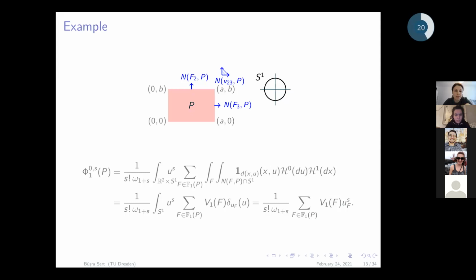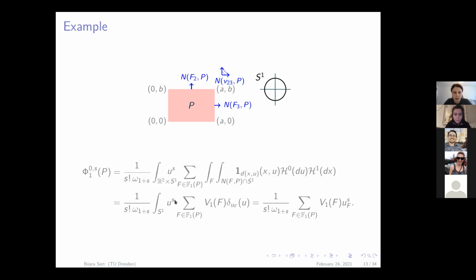So let's see what happens when r is 0, but s is non-zero, and when as j we have 1 here. So we have this expression with these measures, from the support measures also. So how it looks here, when j equals 1, as I said, we are considering the facets, and the intersection of the normals with the sphere will always be 1 point. So from this Hausdorff measure, we will have the Dirac measure,